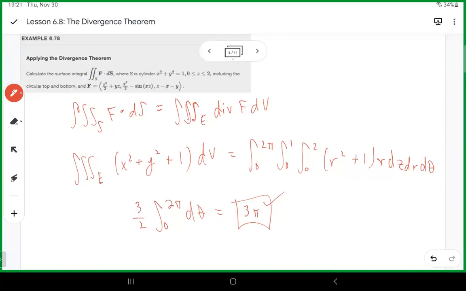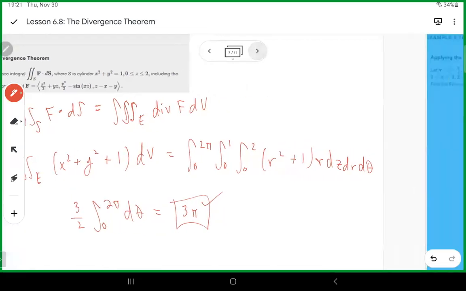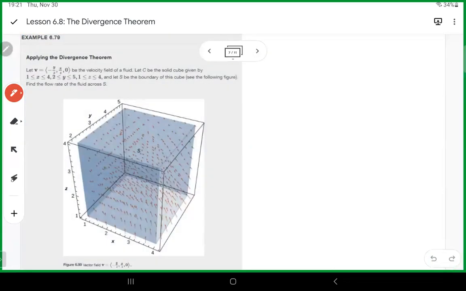Sorry, we are moving a little bit quicker. We don't have that much time left and not a lot of problems, thankfully. All right, so here's your problem. You can read it later. So the solution, the rate of fluid across the S, you want to think about